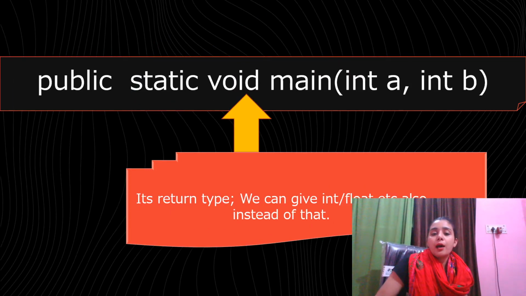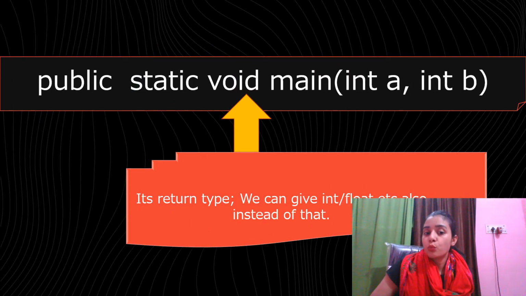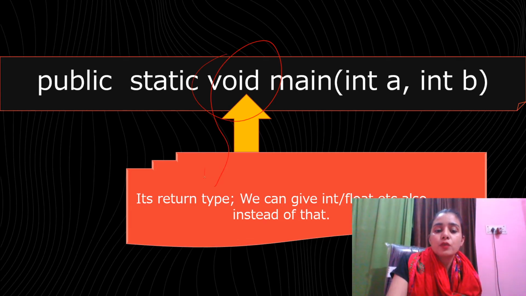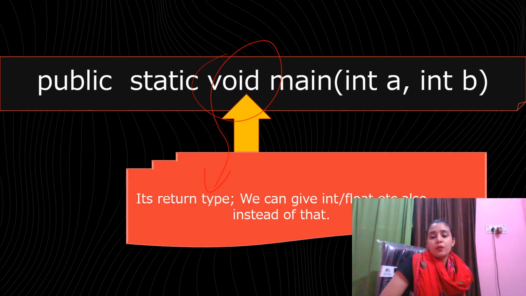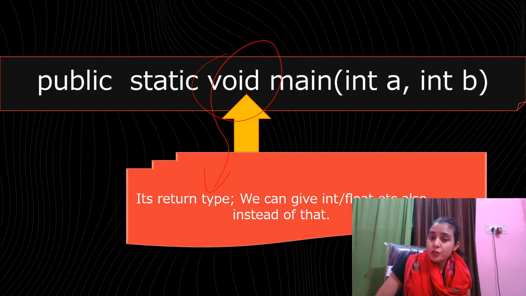And if I am using void there, void means this is not returning any value, right? Otherwise we can give integer, float, anything there. If you are not returning anything, then you can simply give void. It is mandatory to give the return type here. If this is not returning any value, you have to specify the void keyword, otherwise Java will create an error.